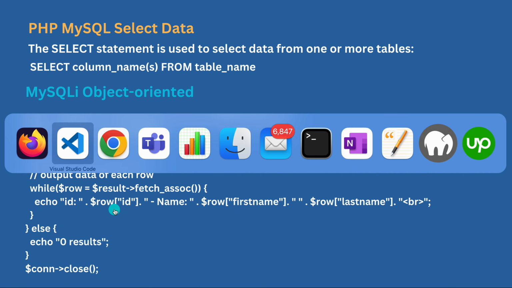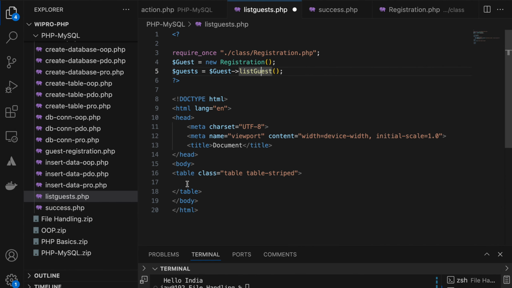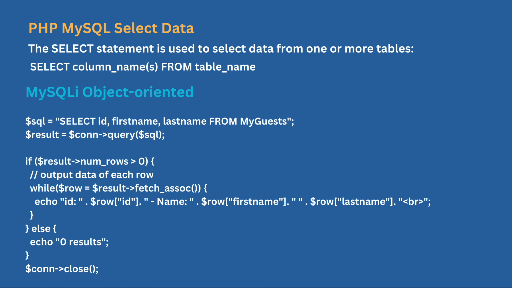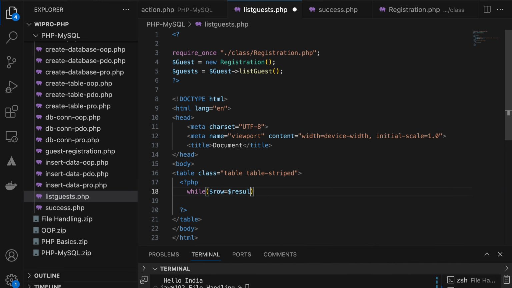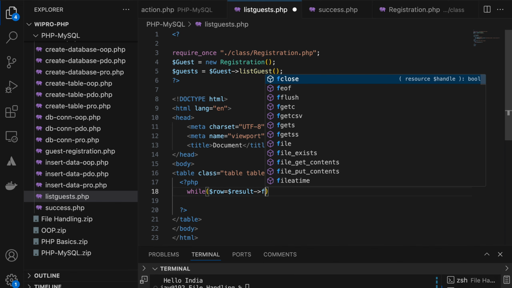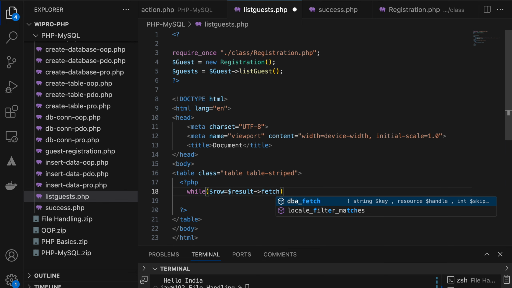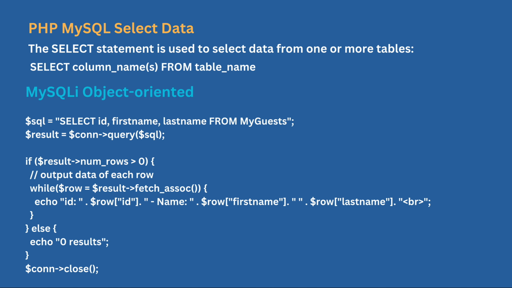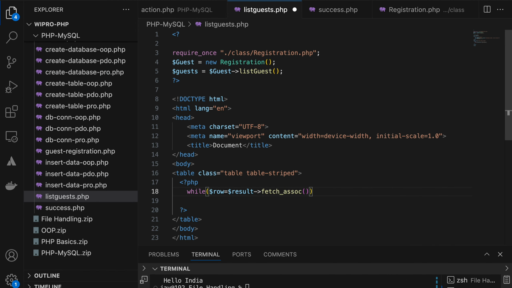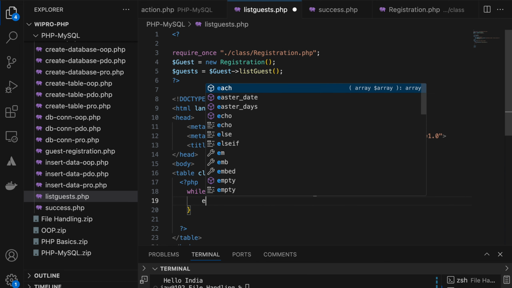Like this, while dollar row equal to dollar result, and for the result there is a function fetch associative array, right? Fetch assoc, right? Then I will echo